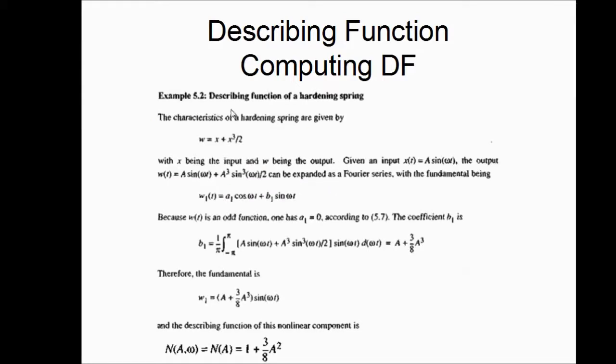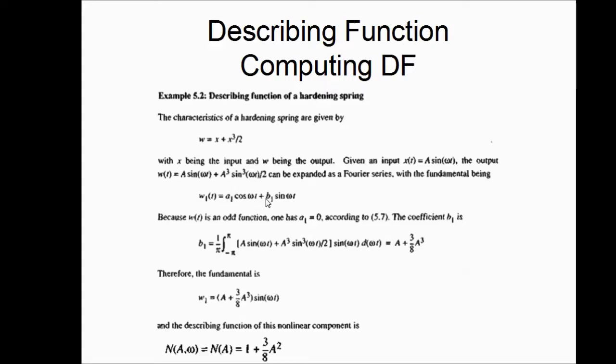Let's look at an example. We compute the describing function of a hardening spring. So w in this case is given by x plus x cubed by 2. We let x be a sin omega t. So the output of course will be a sin omega t plus a cubed sin cubed omega t over 2. And this can be expanded into a Fourier series, and the fundamental being these terms, in which a1 and b1 can